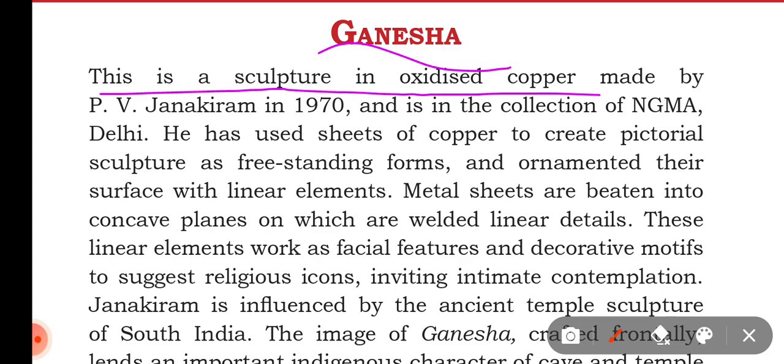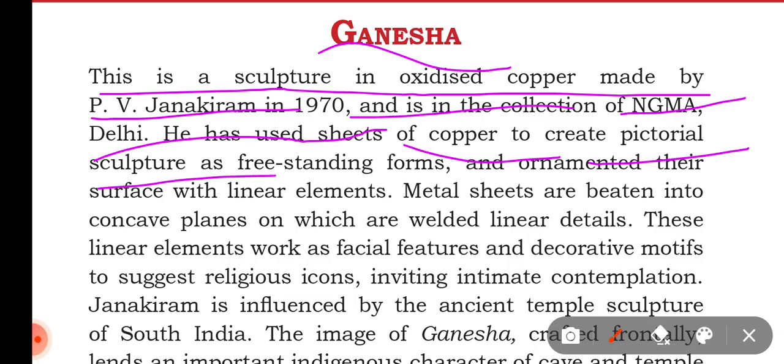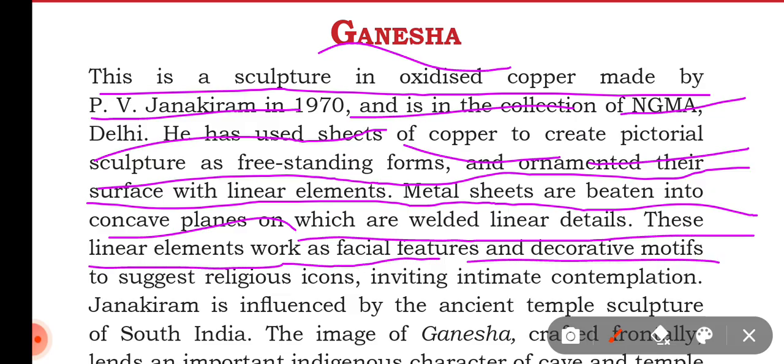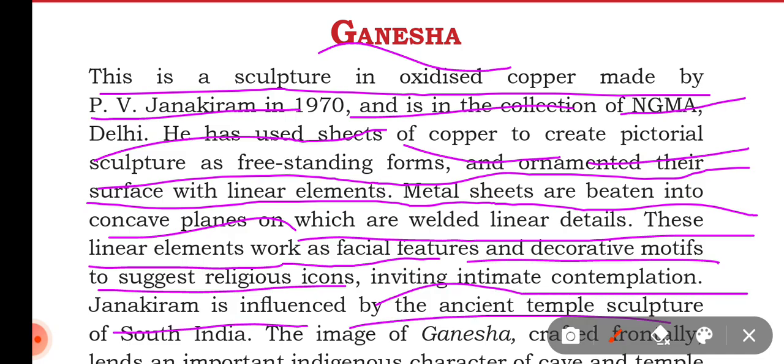Ganesha. This is a sculpture in oxidized copper made by P.V. Janakiram in 1970 and in the collection of NGMA Delhi. He has used sheets of copper to create a pictorial sculpture as a freestanding form and ornamented the surface with linear elements. Metal sheets are beaten into concave planes on which linear details are welded. These linear elements work as facial features and decorative motifs to suggest a religious icon inviting intimate contemplation. Janakiram is influenced by the ancient temple sculpture